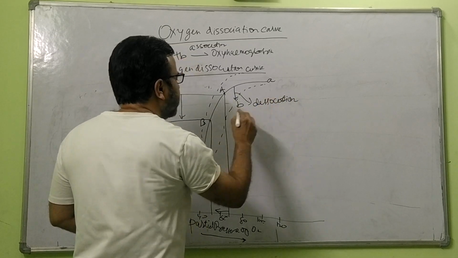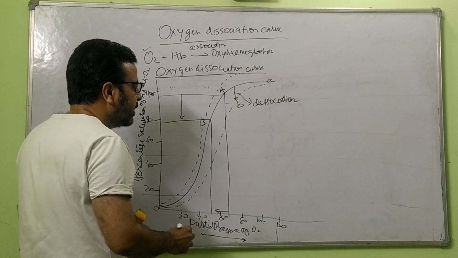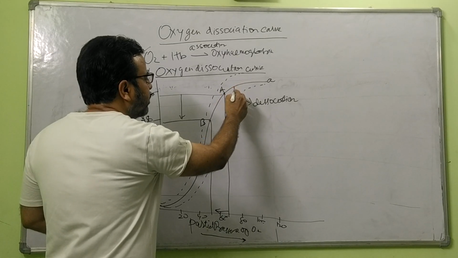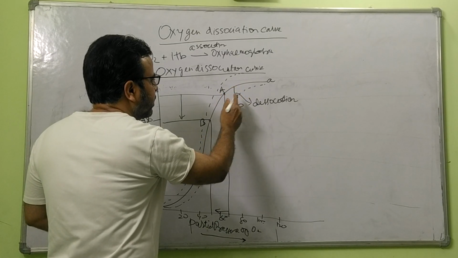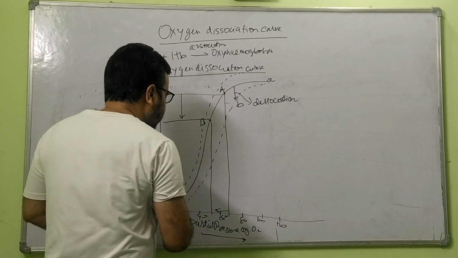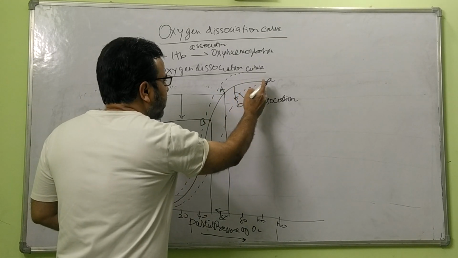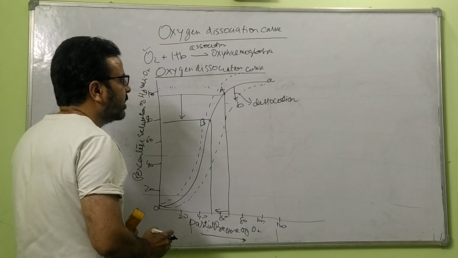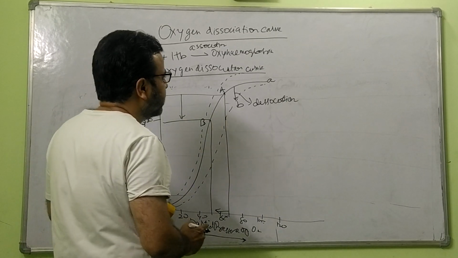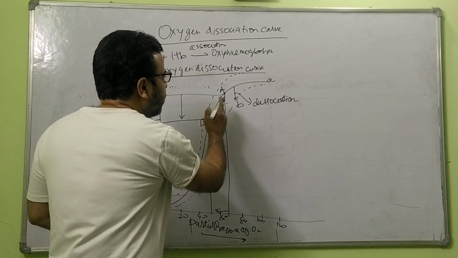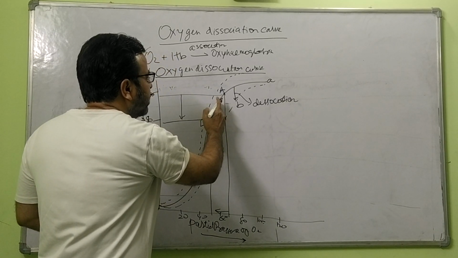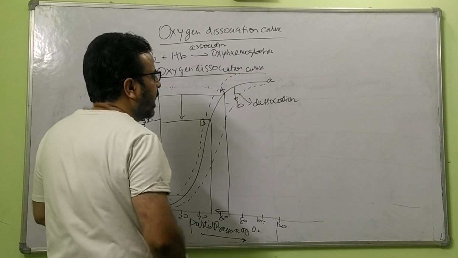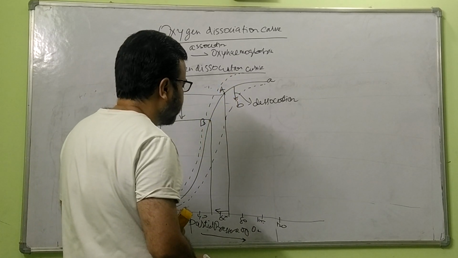and this dissociation is when we go from the normal curve to the right shift, that is here on this graph, which is graph B, or right shift of the curve, right shift of the graph. Shift from the normal curve to the right side, and this is dissociation happening at the same partial pressure of